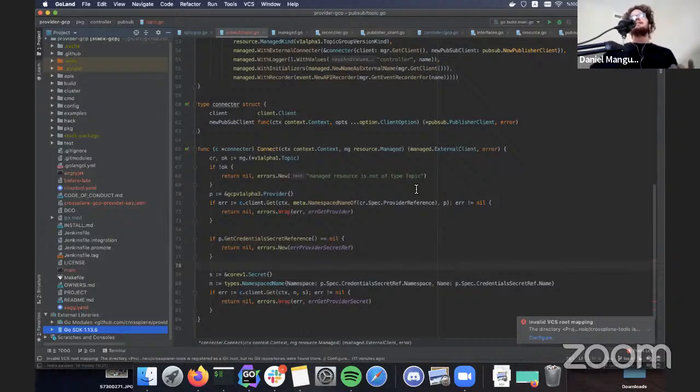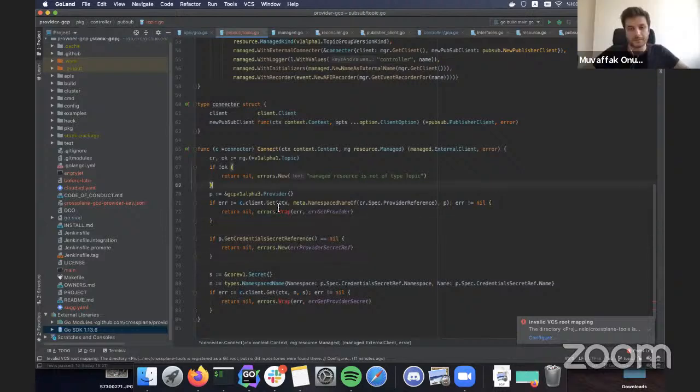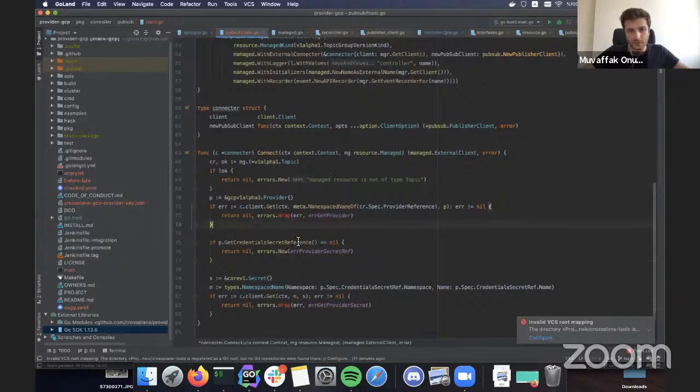It's just guaranteeing that it's a managed resource. So this would actually work if the managed kind that we passed in was not a topic, but then it would pass you something that's not a topic. That's why we check it here. You should theoretically never hit that error, but I do get questions about that sometimes: why do we have to implement this in each method? Yeah, that's exactly the reason.